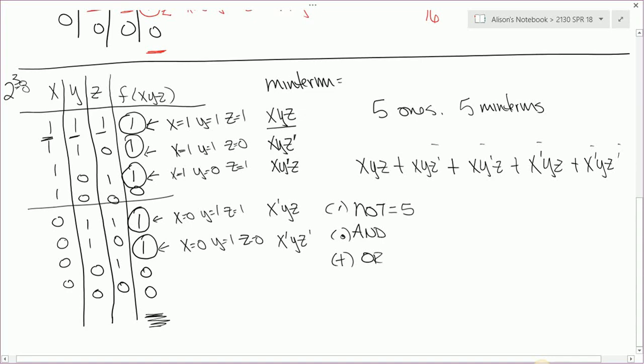So how many multiplications do we have? There's 2, 4, 6, 8, 10. I can see that I would have 10 AND gates. And how many OR gates? Well, I have 1, 2, 3, and 4 plus signs. This is going to give me 19 total gates